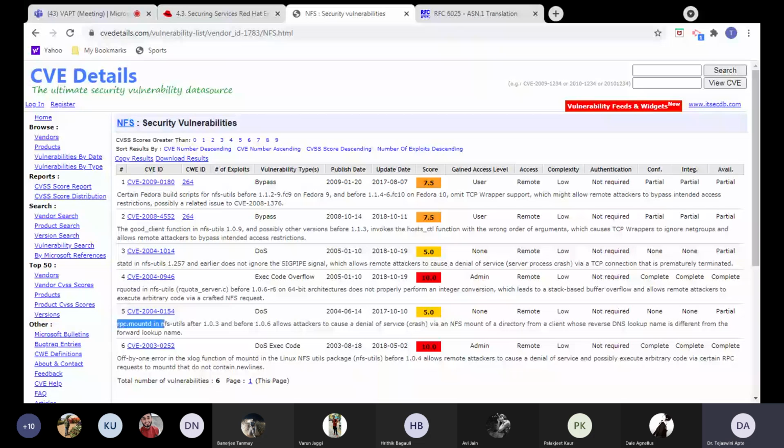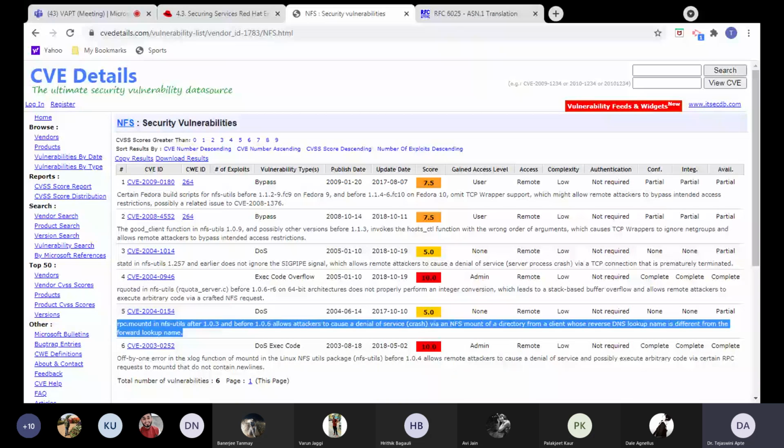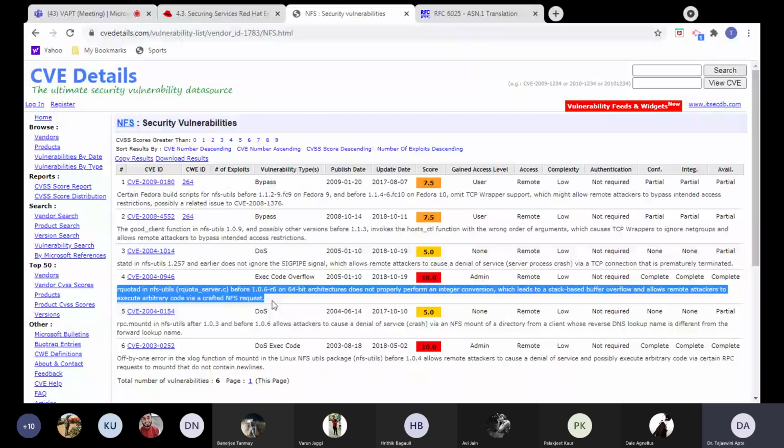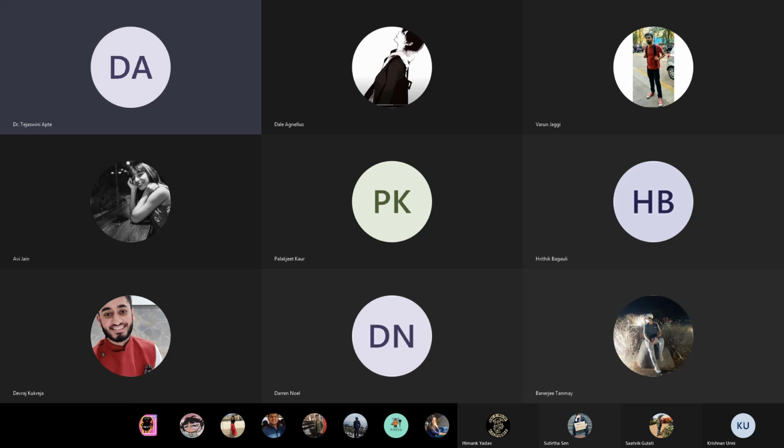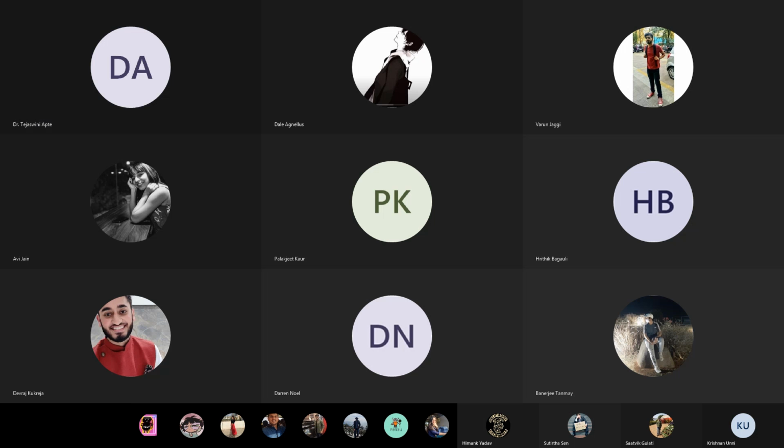rquotad in NFS utils. Quota is to take care of how many files a user or an application can create. It does not properly perform the integer conversion, which leads to a stack-based buffer overflow and allows remote attackers to execute arbitrary code via NFS. So these are the different kinds of attacks you can see, and right now that is a major reason. On the cloud storage, or the shared storage, if we go for NFS,